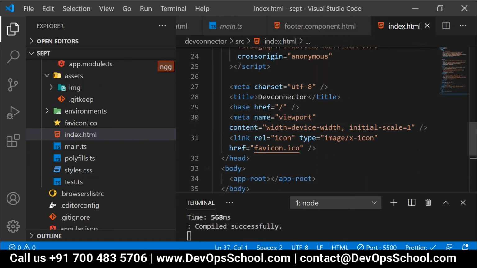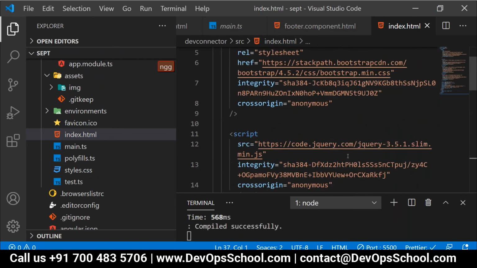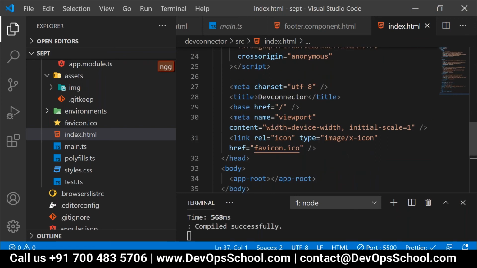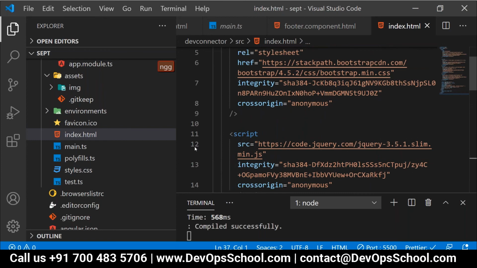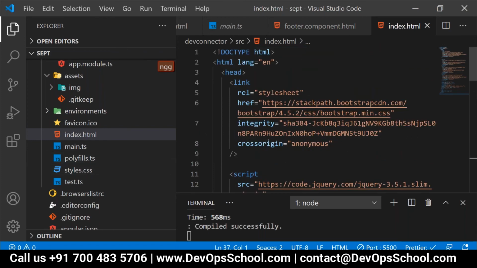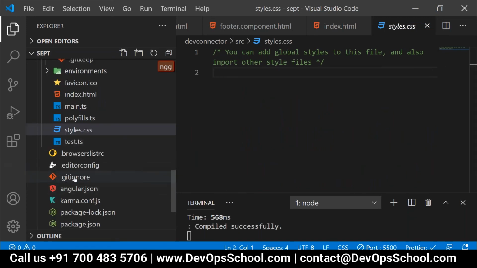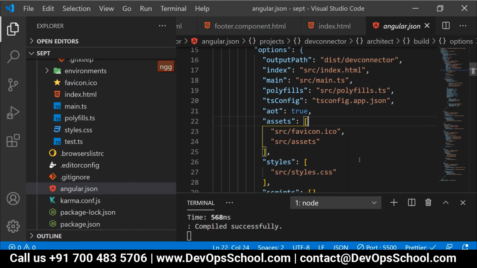Yes, sir. This styles.css, let me find the script tag. Okay, now have a look over here. This styles.css is your global CSS, and this configuration is done inside the angular.json.